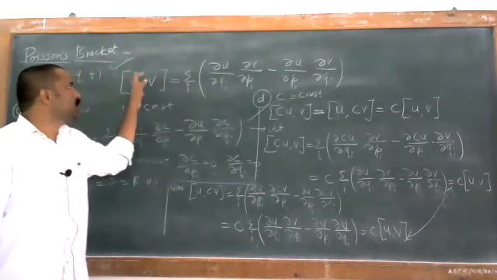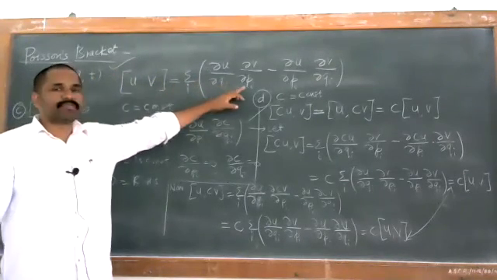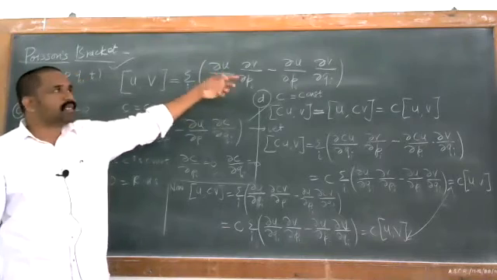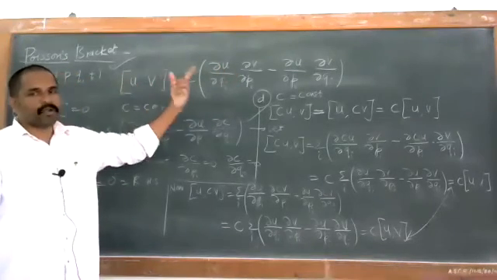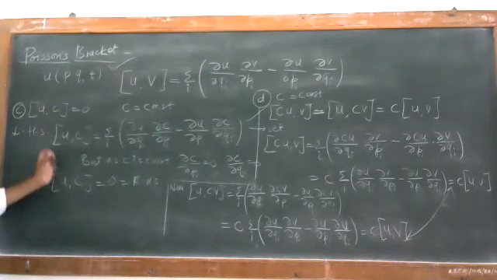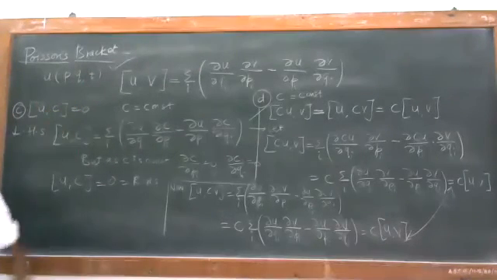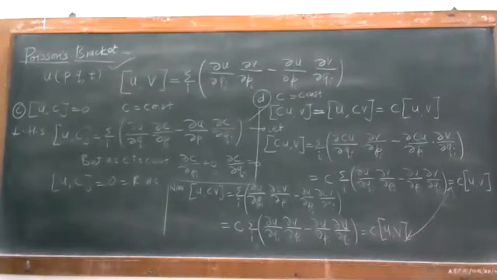Just remember that u is differentiated with respect to qi first, then v is differentiated with respect to pi, then with the negative sign u is differentiated with respect to p and v differentiated with respect to q. So the same techniques we just use here, and we just have to solve this and we obtain that these identities will get proved.